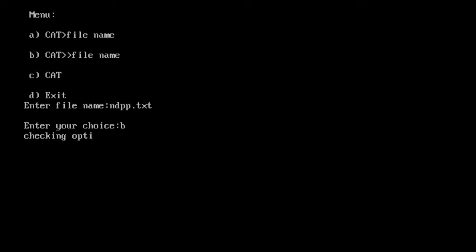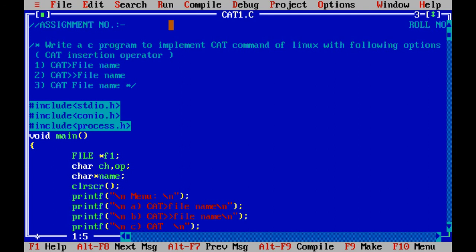Checking option 2 to see performance of append mode. I have given a full stop and now I am pressing enter. So option 2 is successfully executed.